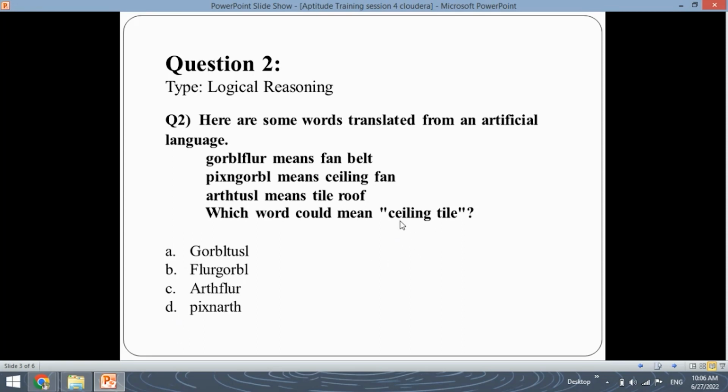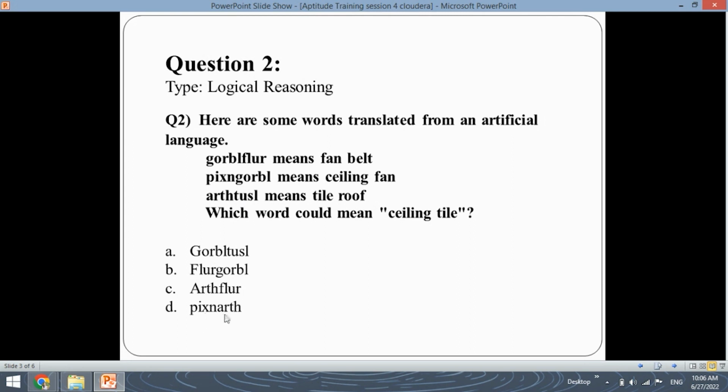If we find out the word ceiling is present in the second example, the first part of this representation will be pixel, correct? So ceiling shall be represented as pixel, and the next word is tile. So you can see over here, earth tussle means tile roof. So earth can be represented as tile. So if you combine pixel earth, you will see that you get the last option, which is the pixel